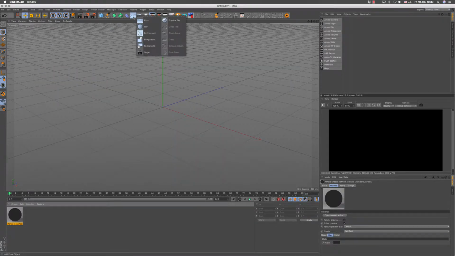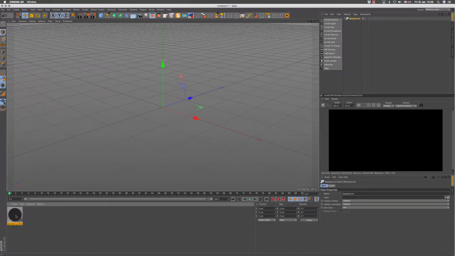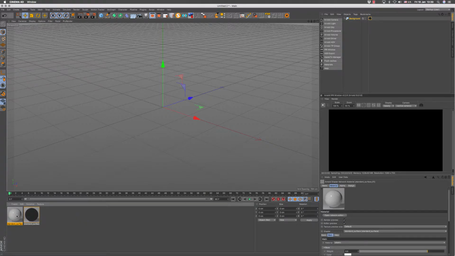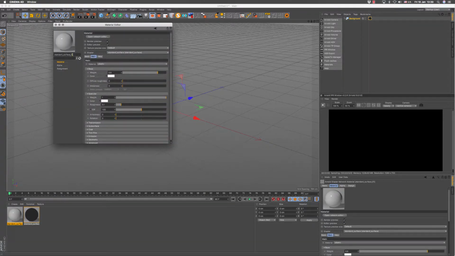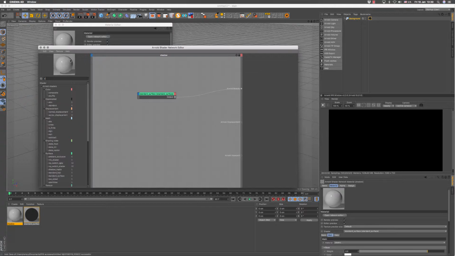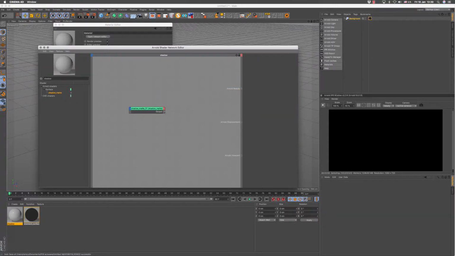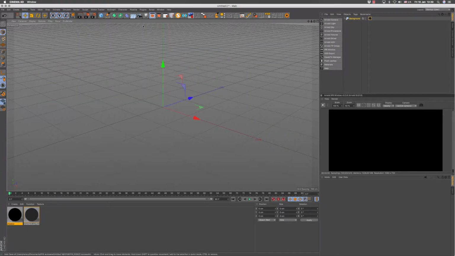network editor. Then we'll create a Cinema 4D background, drag the shader onto the background, and I'm going to create a new shader, Arnold surface, standard surface, and this is going to be our shadow caster. Open the network editor, shadow matte. Get rid of the standard surface, put the output in the Arnold Beauty, close this one again, and we'll create